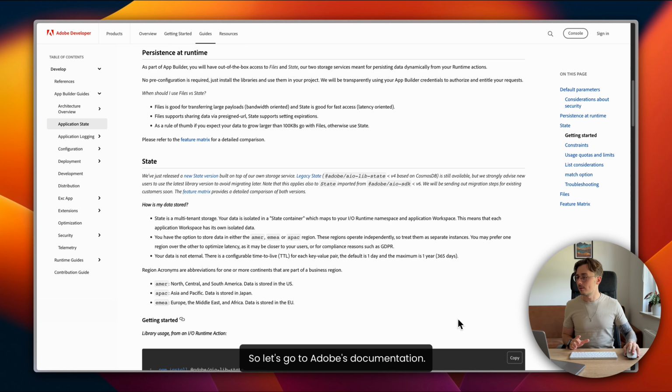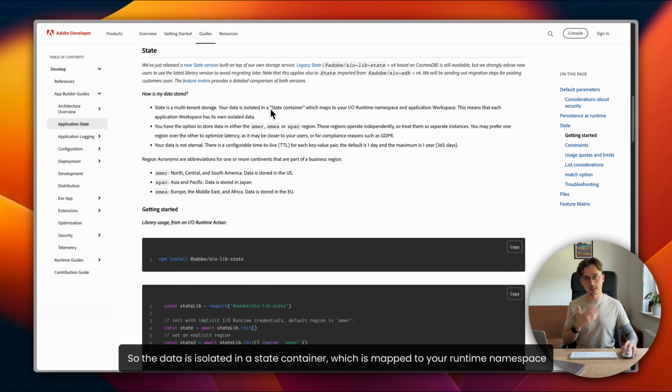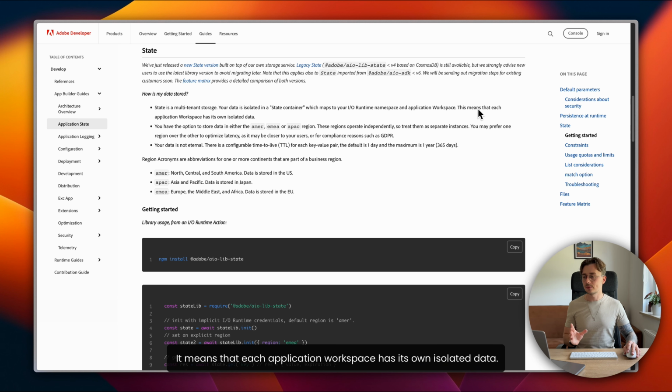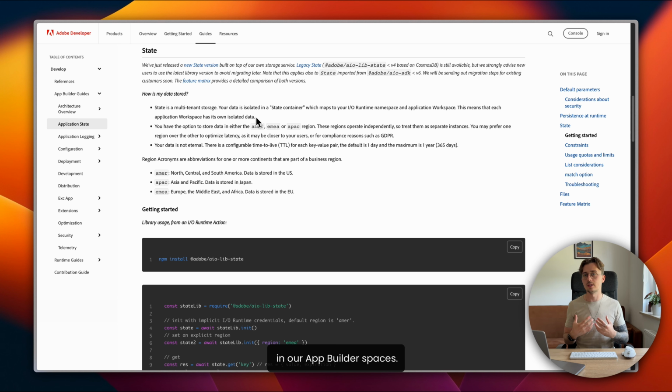So let's go to Adobe's documentation. Firstly, how the data is stored. State is a multi-tenant storage, so the data is isolated in a state container, which is mapped to your runtime namespace and application workspace. It means that each application workspace has its own isolated data. It is crucial to understand that we are not sharing the data between workspaces and projects in our App Builder